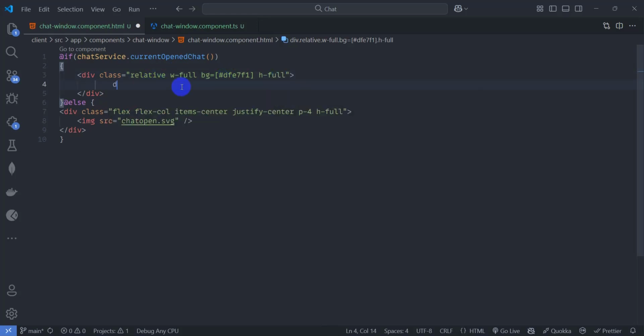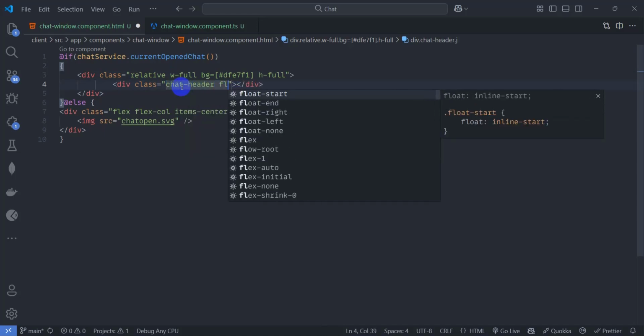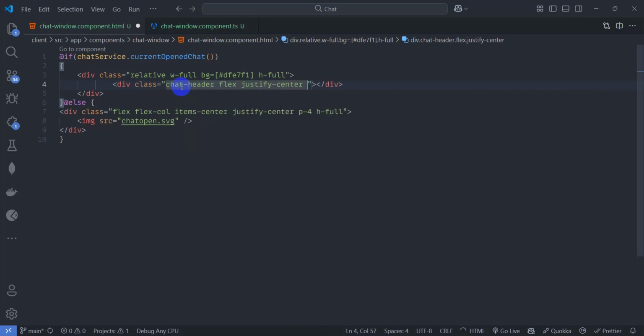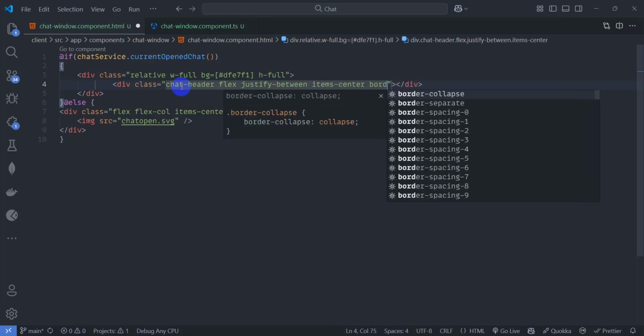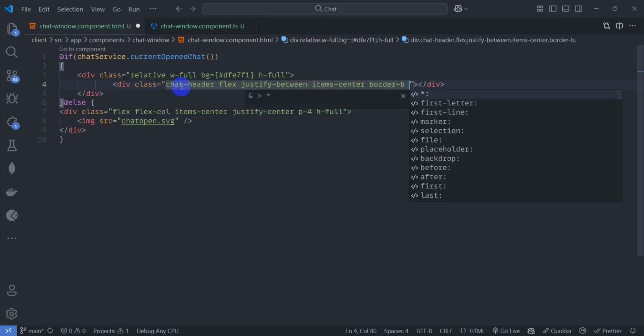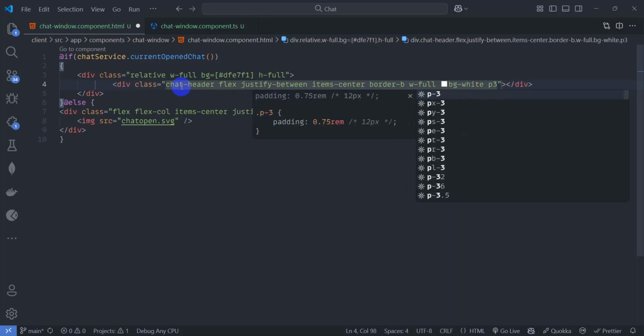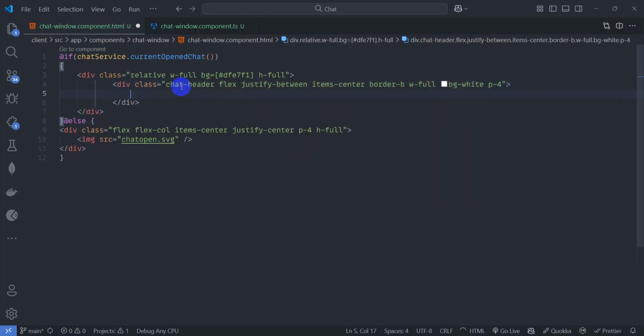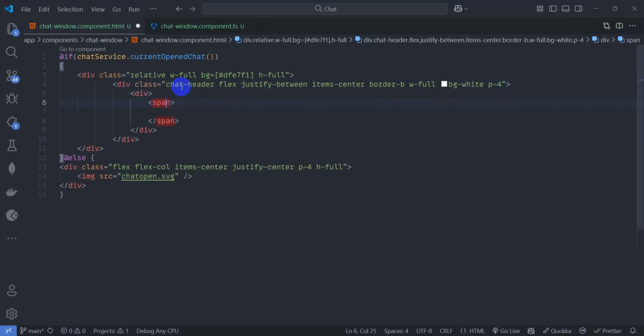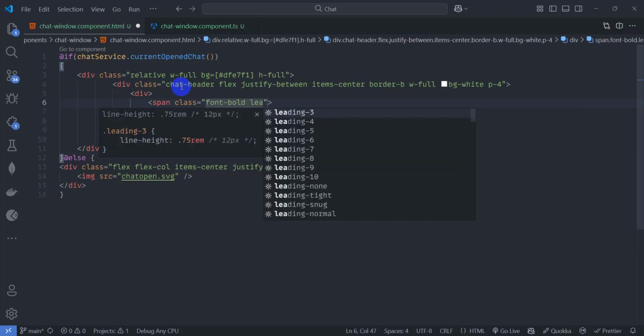Inside this div, let's add another div. Let's give class chat header and just flex, justify between, items center, border b, w full, bg white, p4. Inside this div, let's add another div and span. Let's give class font bold, leading normal,